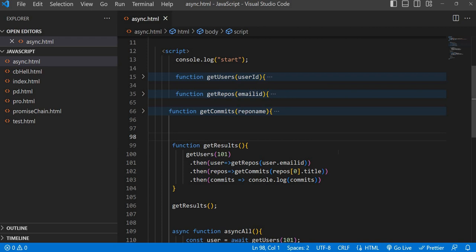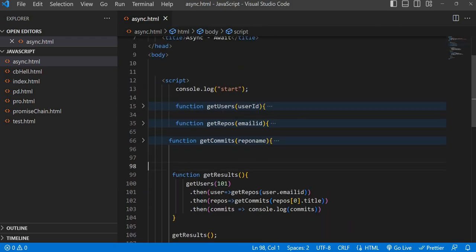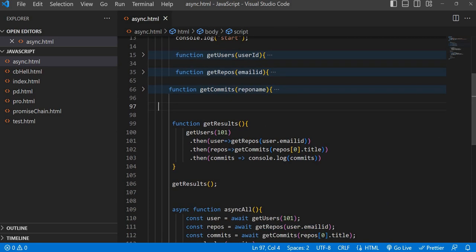Hello all, good morning. Okay, in the last session, we discussed async and await, right? So, if you have three asynchronous tasks and those three are interdependent, definitely we should go with a promise chain, right? So here this is the simplest syntax with a promise chain, and we understand that suppose if